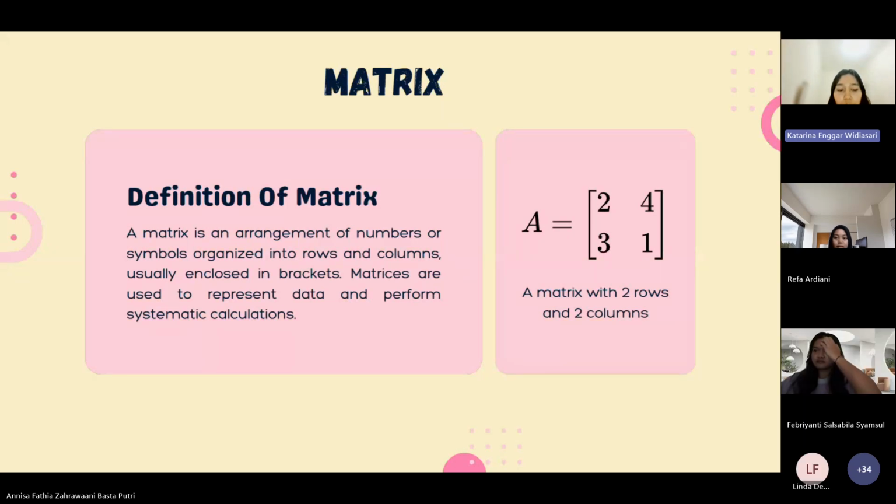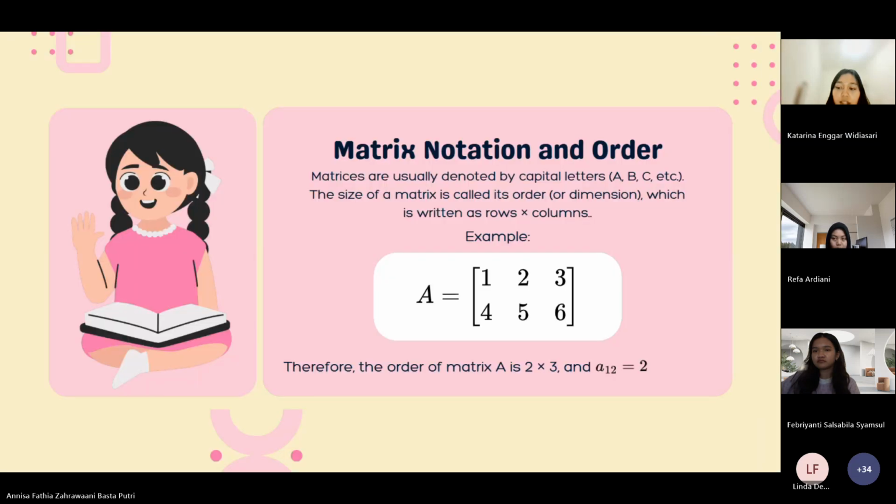Understanding the basic structure of a matrix is very important before learning more advanced topics such as matrix operations. So, next slide. Okay. After understanding what a matrix is, let's move to rows and columns, matrix notation and order, which are main parts of a matrix. So in this slide, I will explain matrix notation and order.